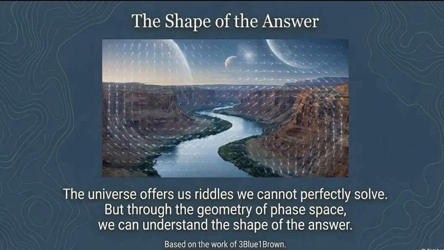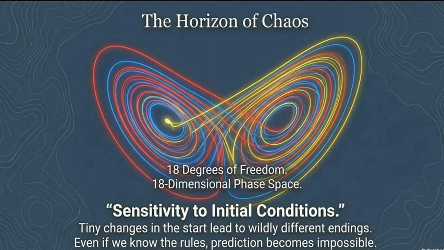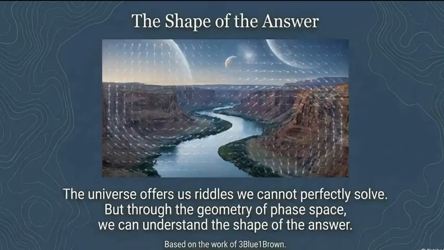So, here is a final provocative thought for you to chew on today. We spend a lot of time in our lives trying to solve for X. We try to figure out exactly where we should be in 5 years, or exactly what the perfect decision is to get a very specific result. But maybe, just like with the pendulum or the 3 planets, we can't find that exact formula. Right. You can't solve the equation of your life analytically. But you can look at the vector field. You can look at the immediate arrows around you. Where is the flow taking you right now? Are you spiraling toward an attractor you actually like? Or are you stuck in a Romeo and Juliet loop? You might not be able to predict the chaos, but you can definitely map the flow. And sometimes seeing the flow is better than knowing the answer.